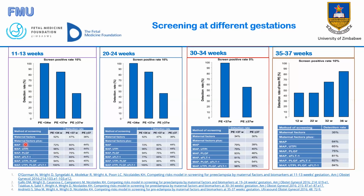However, we want to aim higher. So in our algorithm, first trimester, for women who can afford, or those on medical aid, because this test can also be done on medical aid. That's the reassurance. So for those who can afford, it is better we just offer them everything, including PLGF and sFlt-1, so that we can achieve the detection rate of almost 100%